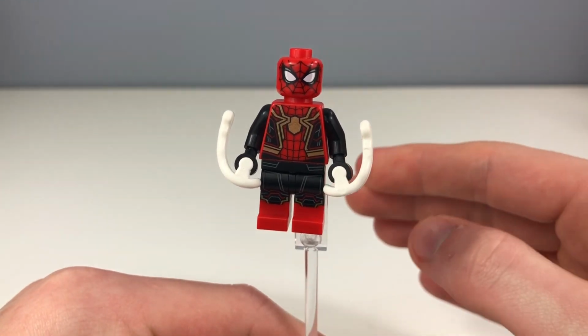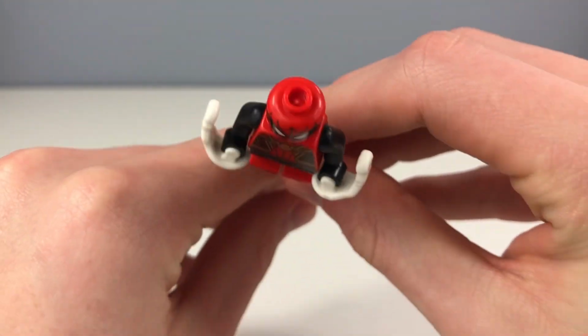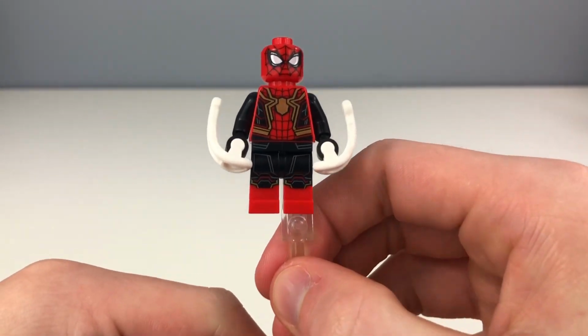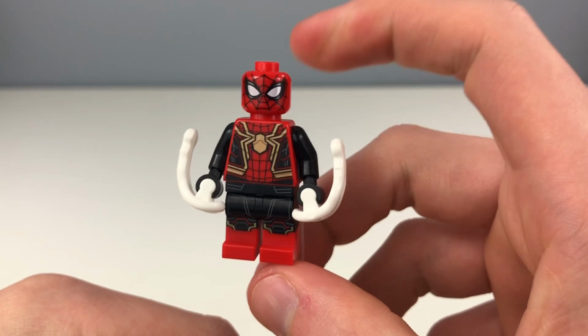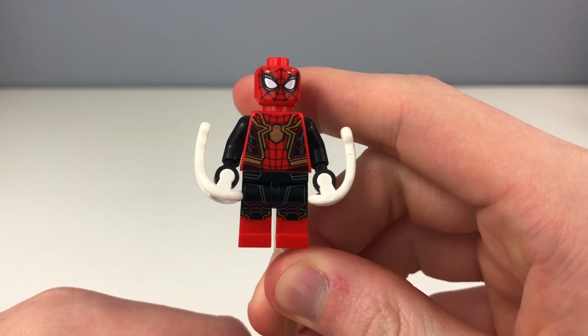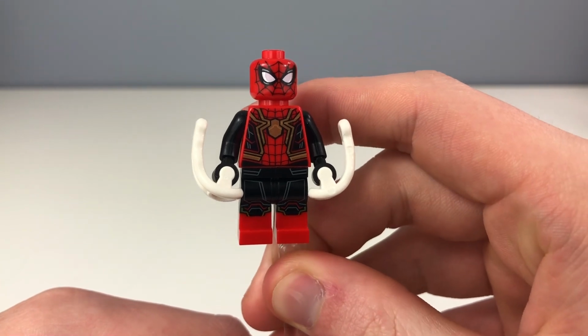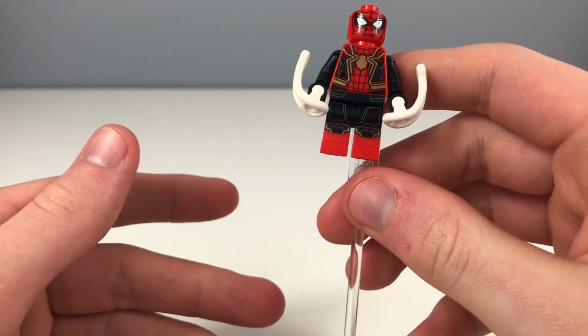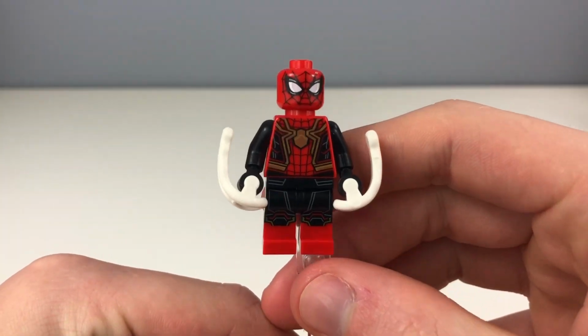What I'm realizing now is that the head here doesn't have the two holes in the top, which is what LEGO recently started doing with their minifigure heads. And this is due to the fact that this head is the same print as the Spider-Man figure from the Marvel CMF a couple of years back. So I guess they just use the same piece and don't update anything with it, which is something